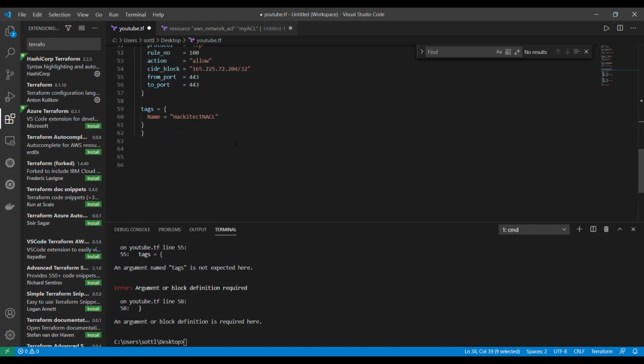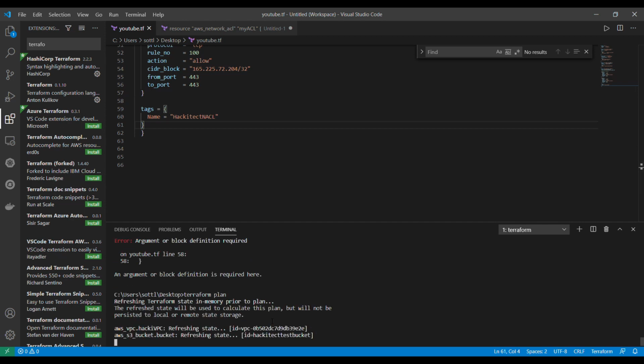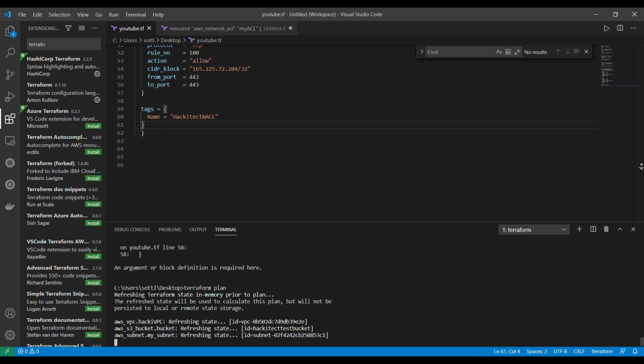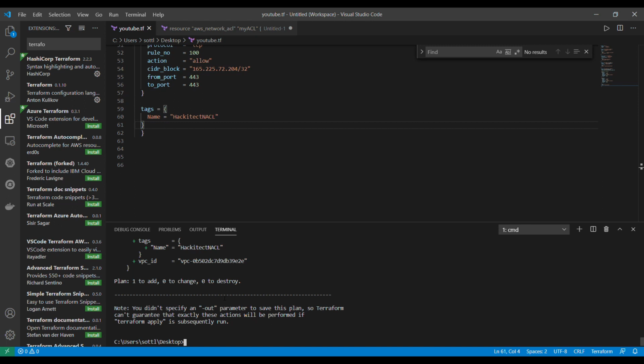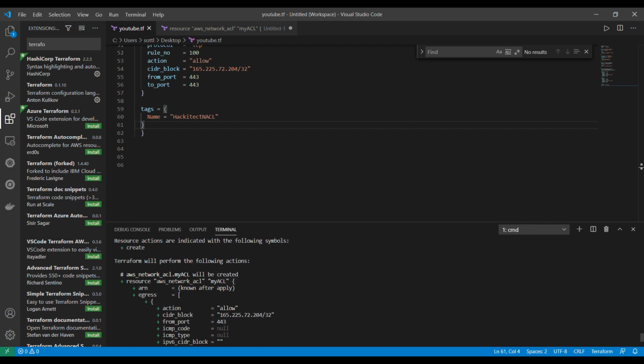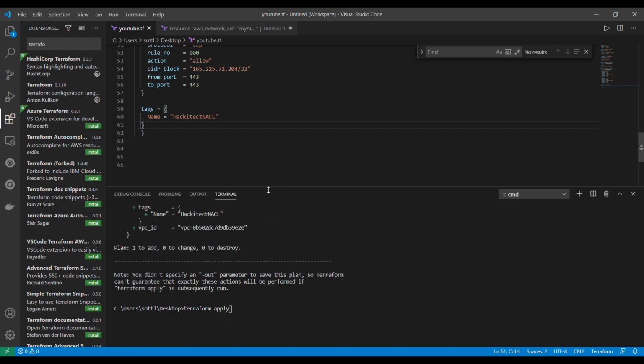Now it should work well when I will save it, and I will go with Terraform plan. And Terraform plan is really good that it can tell you that you have problem with your Terraform code. You see here, now it works well, and it is telling me that it will add new network ACL, basically security as code. Really good. I'm looking forward for that, and I will write in my command line my CLI Terraform apply, and I will apply all of these changes.